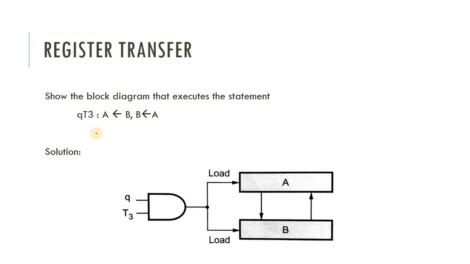Now how can we represent this simultaneous statement in a block diagram? Suppose this is a statement: the data of B is transferred to A and the data of A is transferred to B. At that time we are using the two registers A and B. There are two load functions because the data is transferred from A to B, so for that there is one load, and B to A, for that there is a second load function. And it is connected with the control function P and the clock pulse. So when P equals 1 and the clock pulse becomes positive, at that time the first statement is executed. The data of B is transferred to A, and then the next statement is executed, and in that statement the data of A is transferred into the register B. So this is how the simultaneous execution happens.